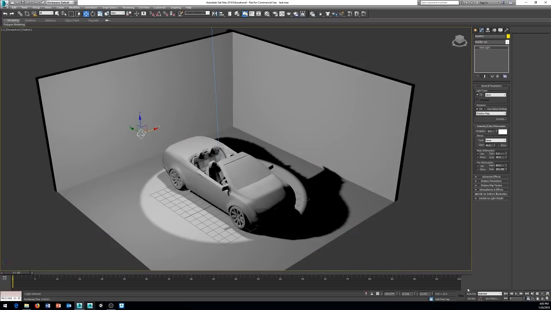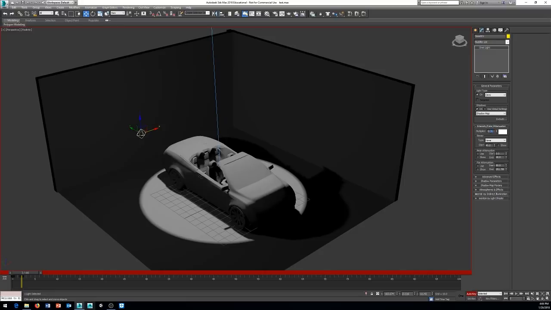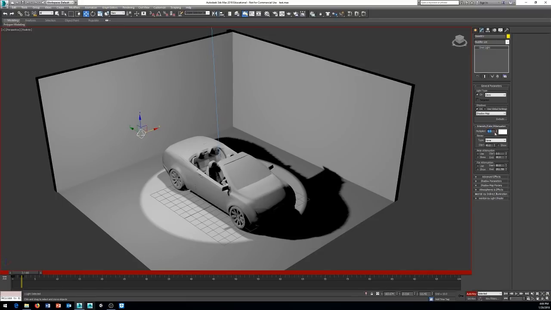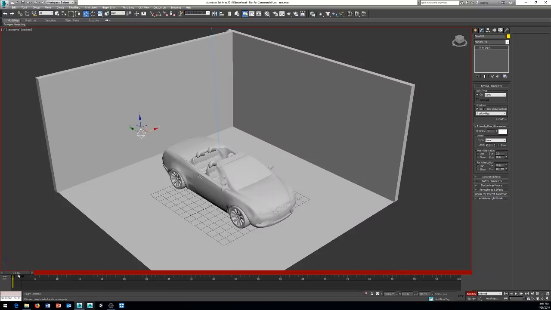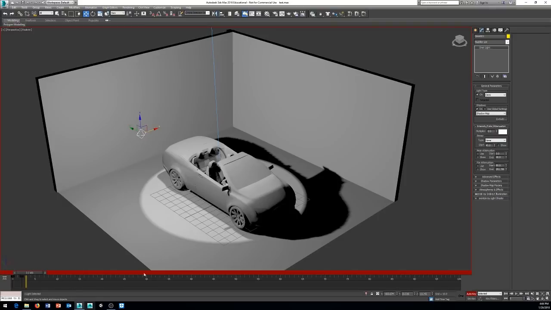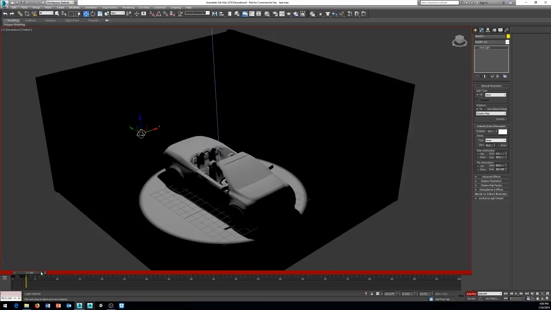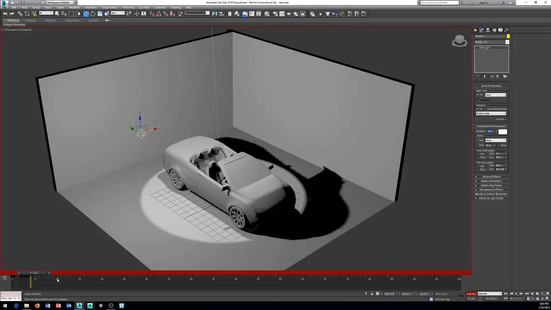But if I come down and turn my auto key on, because I really don't want to think too much about what I'm animating, I just want to move and let it adjust something and it does it for me. If I change this multiplier, maybe my first frame I'll be at 0.5. And anytime we see red around a property, that means that we have either animated it or we're currently animating it. So if I go to maybe the next frame after that and turn that down to 0, and come to the next frame and turn that back up to 5, and if I scrub through,